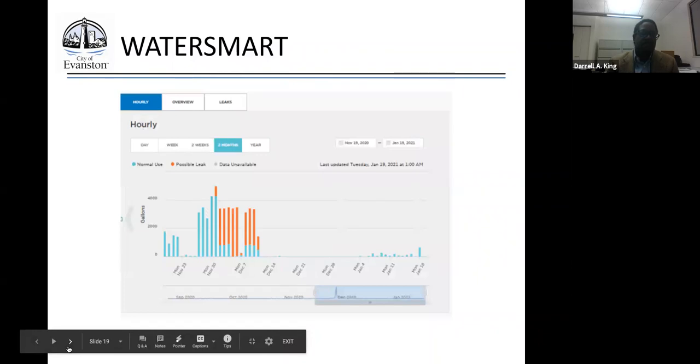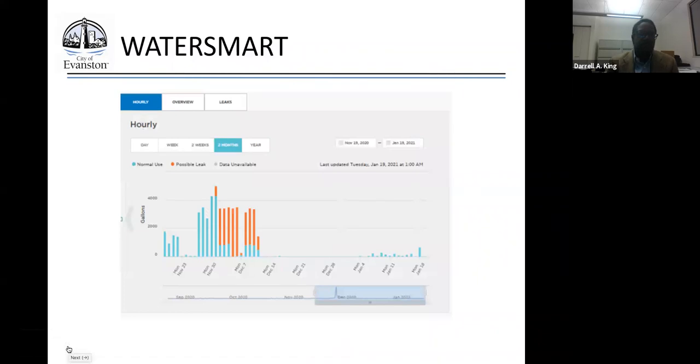And so here, you're able to drill down even more and say, I want to look at my hourly usage, day, week, 2 weeks, 2 months, or by the year. In this example, we're looking at it by the year. The blue is indicating normal use. The red or the orange, I would say, is like a burst of water